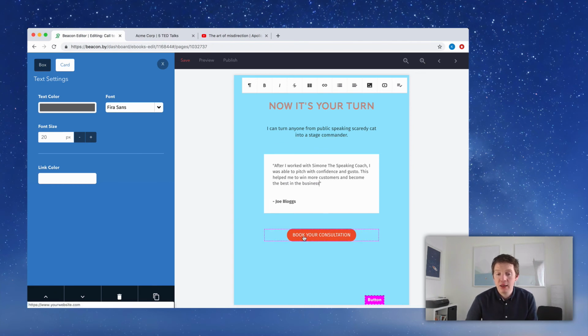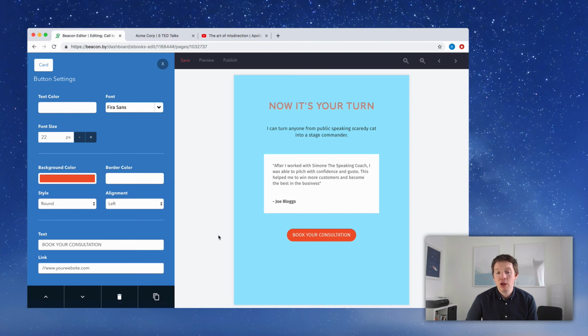So I'm going to click this button and I'm going to use the blue menu at the left hand side just to customize the link that this button directs to. So it's going to be something like